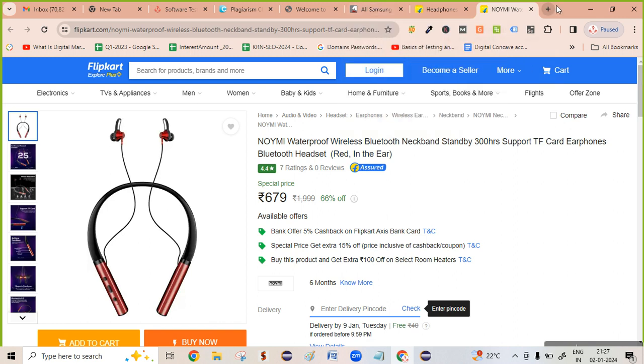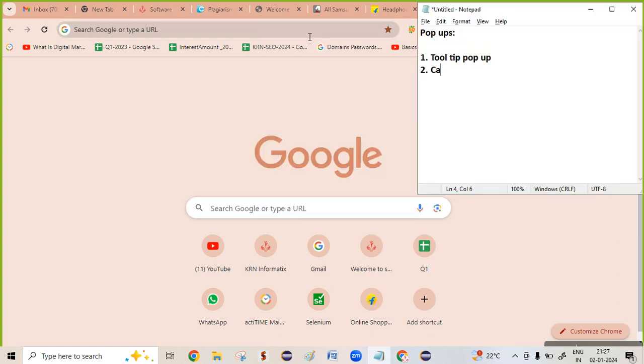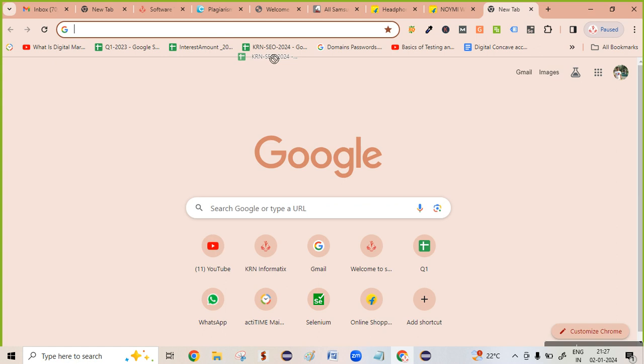There are two kinds of tooltips. Let's see the second pop-up: calendar pop-up. Let me go to